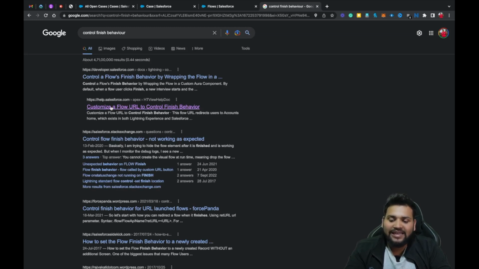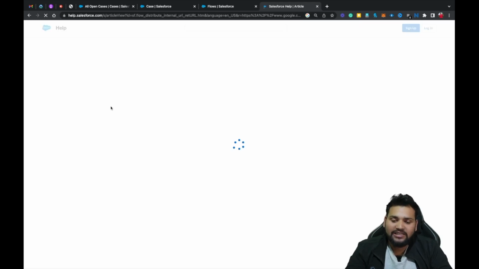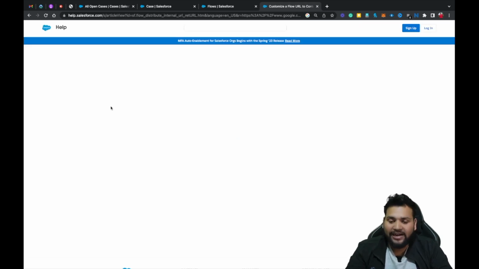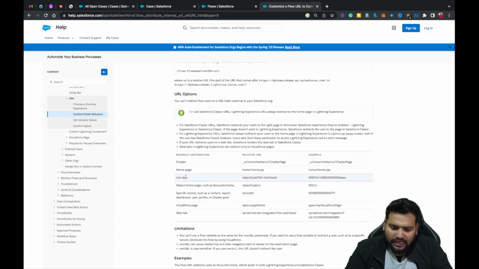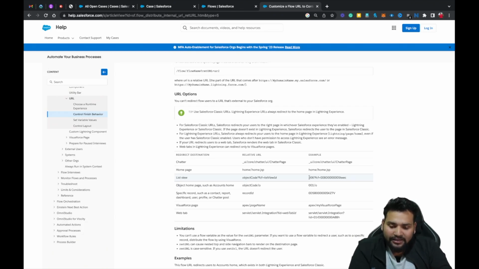So here you will see the second article where you can see how you can control the finish behavior of a flow, right? Now after this you will see if you want to redirect a flow to the same page that you basically came from, right?